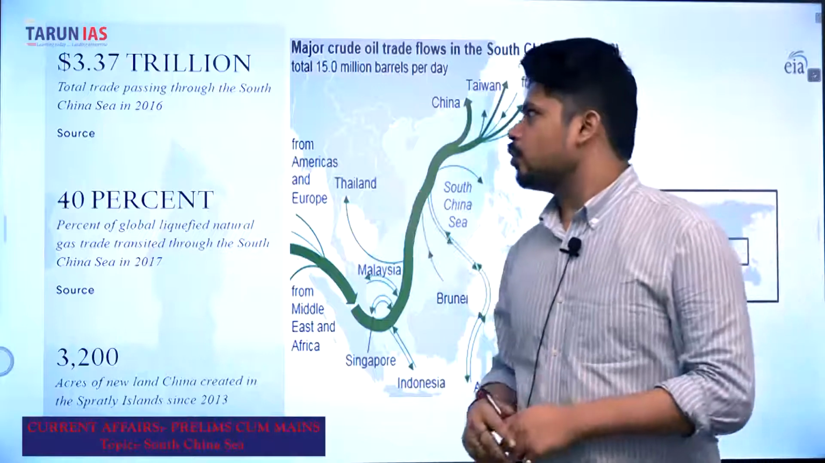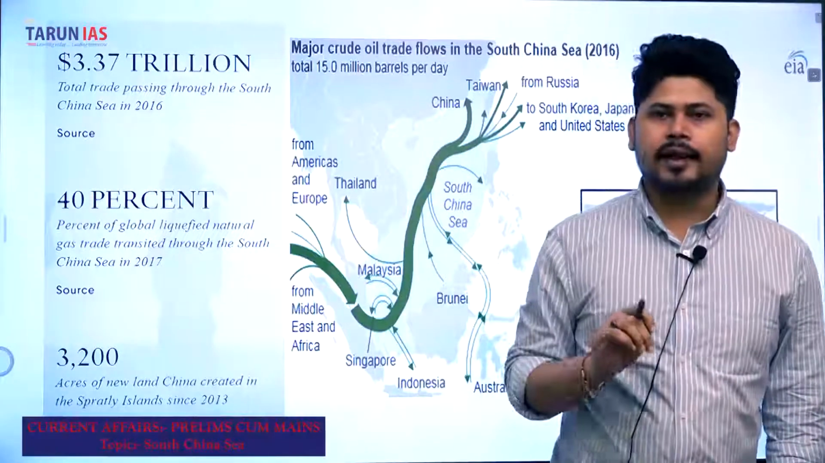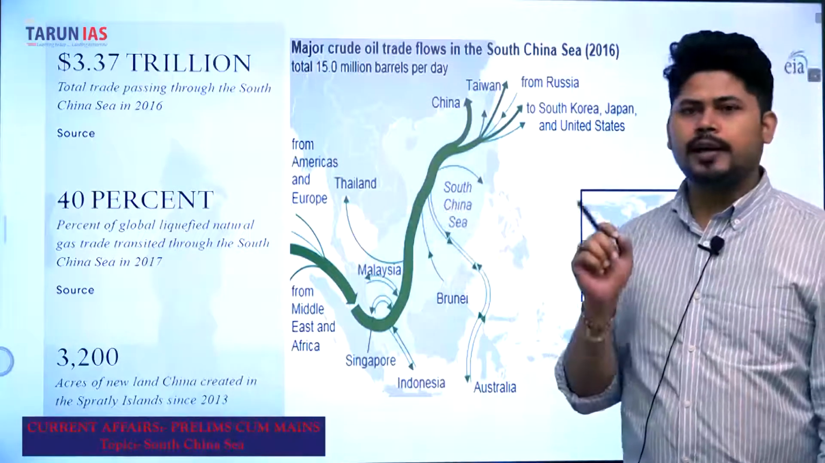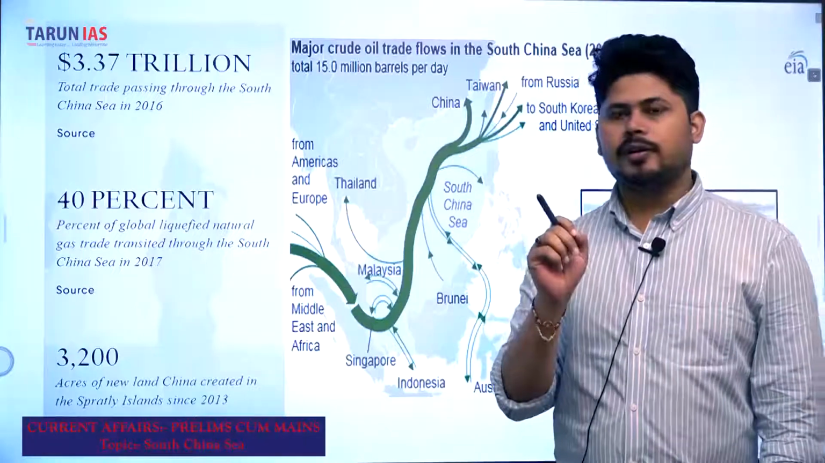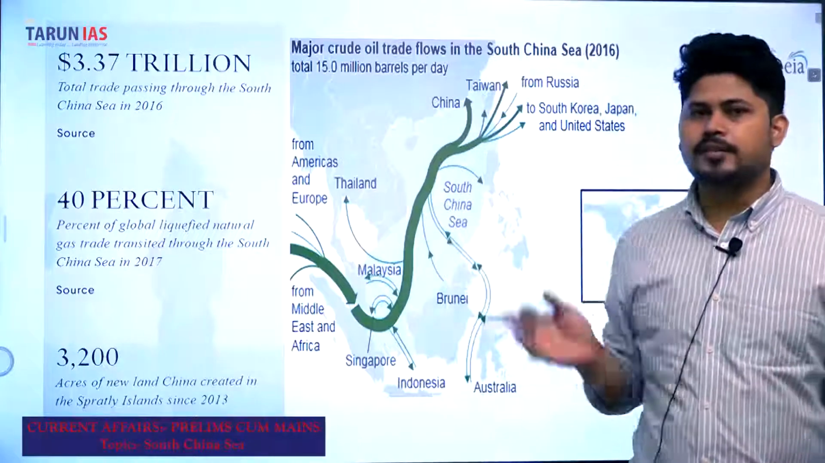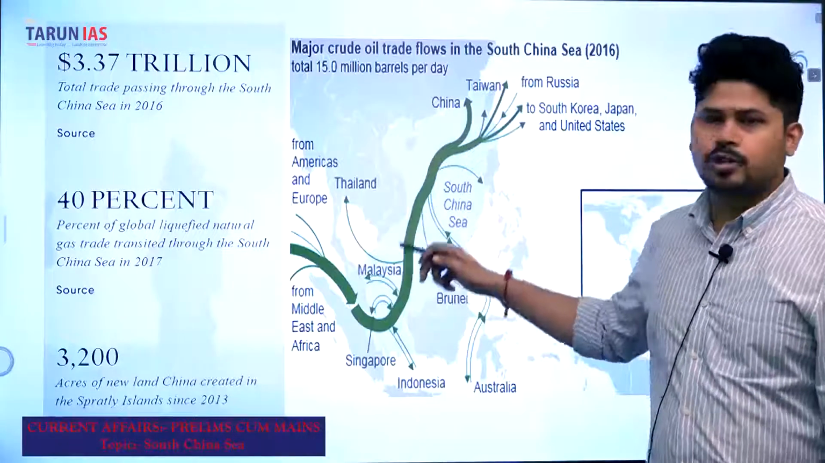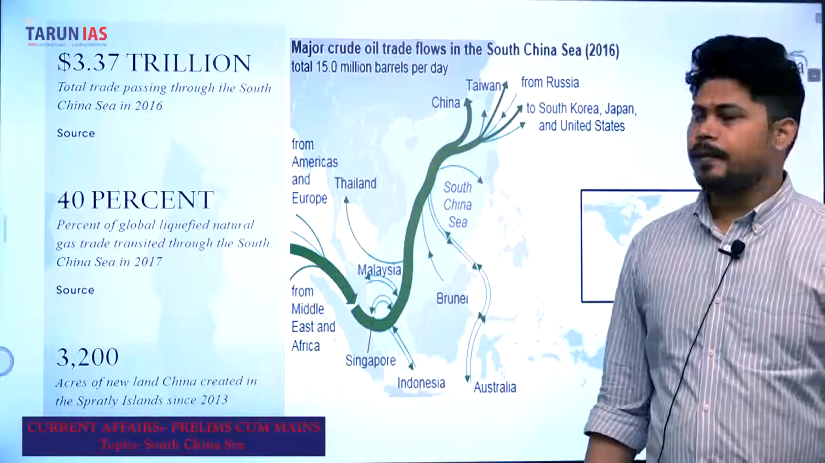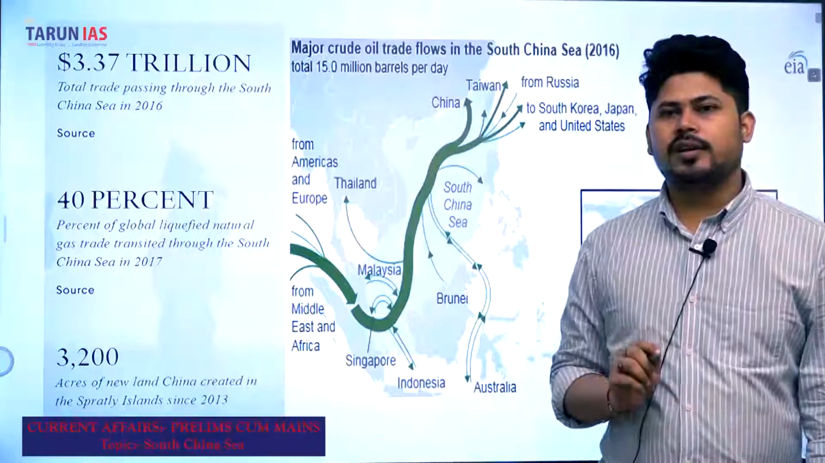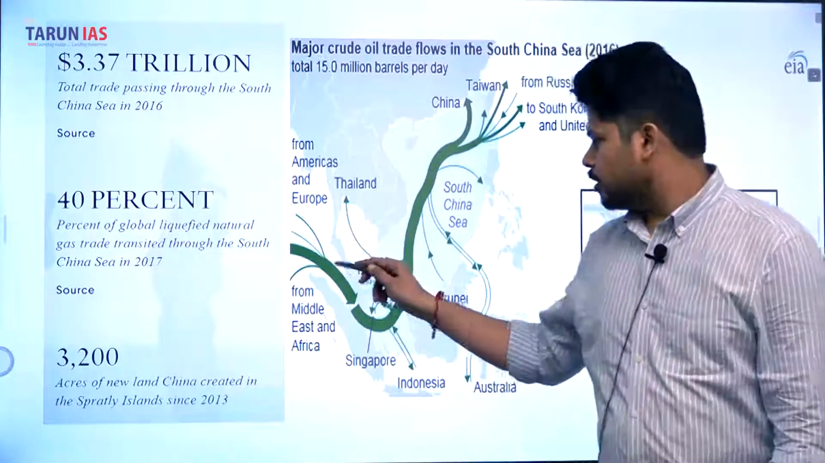Why is this important? Because $3.37 trillion worth of trade flows through this South China Sea. India's economy is of the size of $2.6 trillion. More than the size of India's GDP is the trade flowing through this trading route across the South China Sea. 40% of the global liquefied natural gas flows through these trade